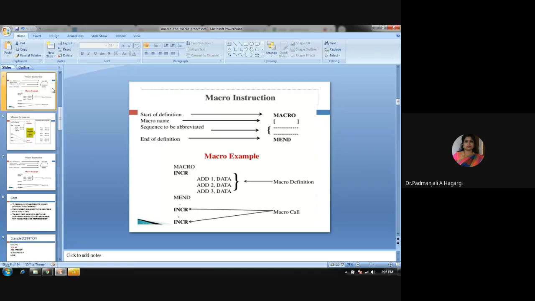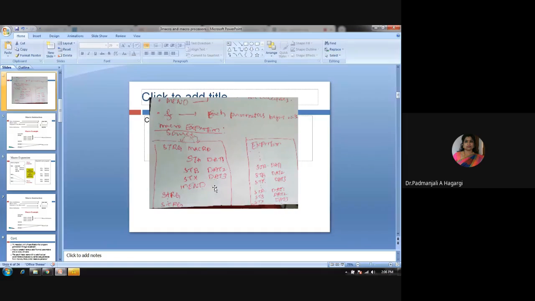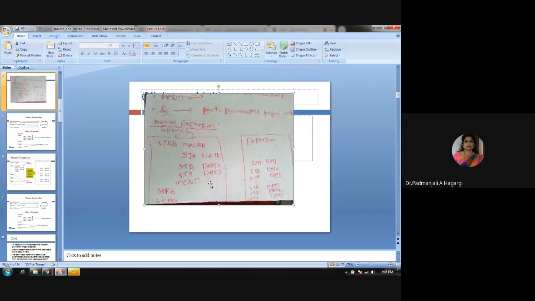I have done one more thing here, the same thing. Here also the macro can be expanded. Here I have called it 2 times, strg one time and strg another time. How is strg defined? Strg is the name of the macro, and the macro is defined in this way: store in this data, store in B another data, in X again maybe some other data. So this is how a macro was defined, and it was called 2 times.